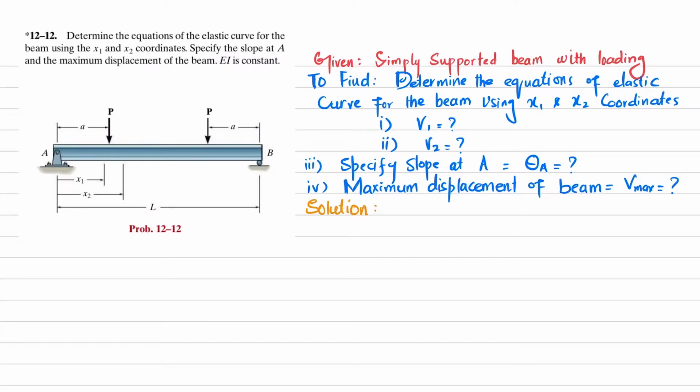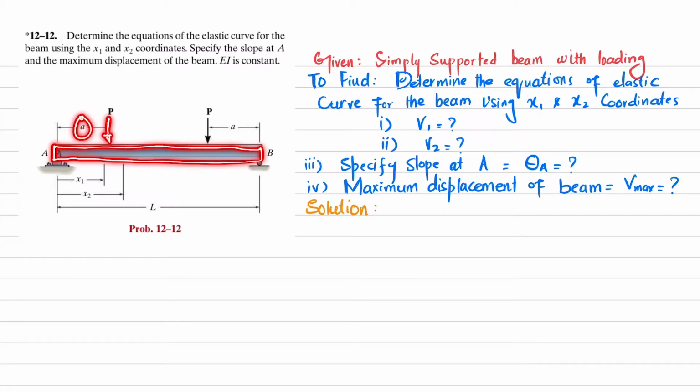Welcome back. Problem 12-12. The statement is: determine the equation of the elastic curve for the beam using x1 and x2 coordinates. Specify the slope at A and the maximum displacement of the beam. EI is constant. You can see this is a simply supported beam with a point load